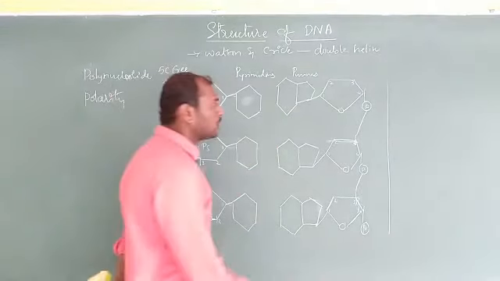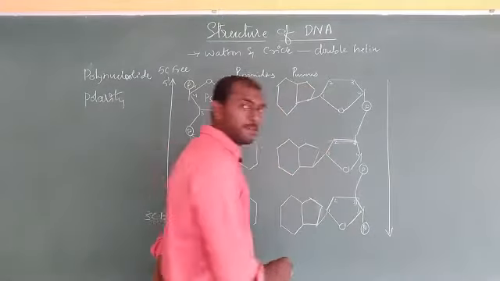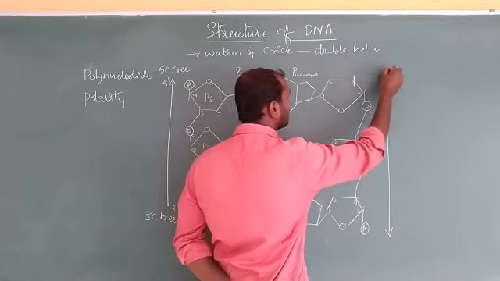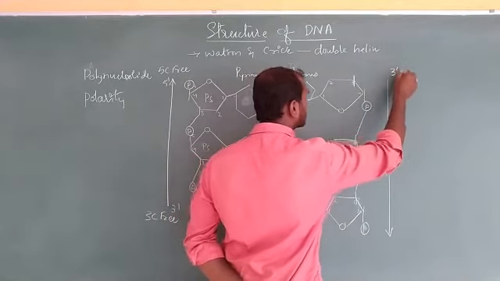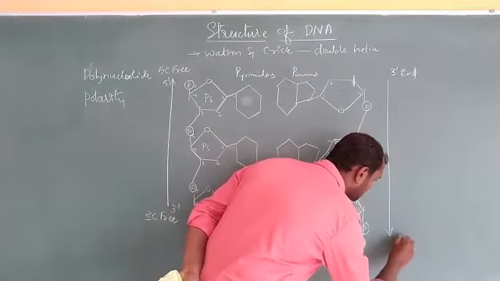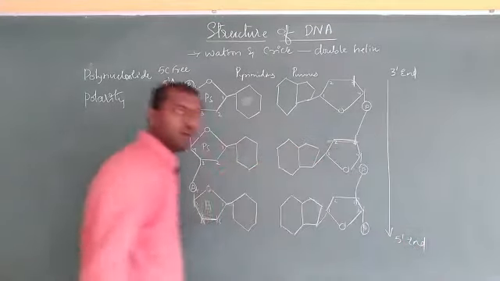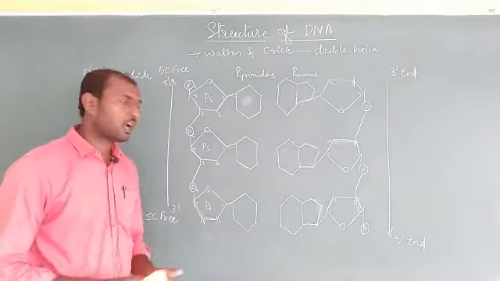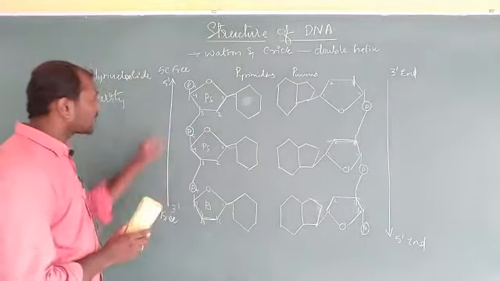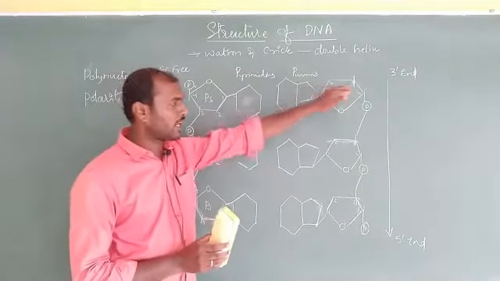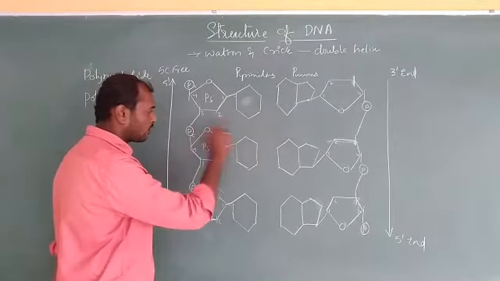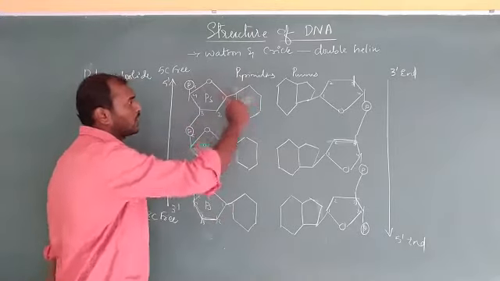So let's check the polarity. This end is free here, that is the 3 carbon is free here. This is going to form a 3' end, and here the 5 carbon is free. This is going to form the 5' end. So how many polynucleotides do we have here? We have 2 polynucleotides. One is running 3' to 5', another one is running 5' to 3'. So here we have nucleotides now: 1, 2, 3, and that side also 1, 2, 3.